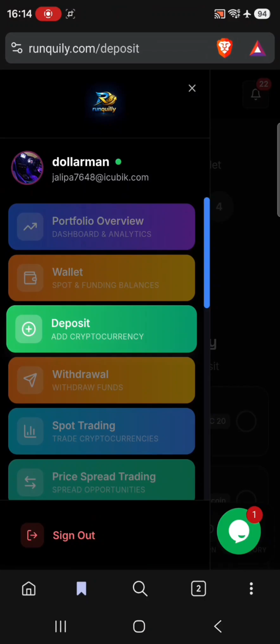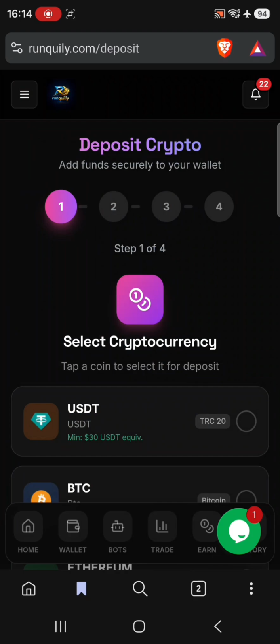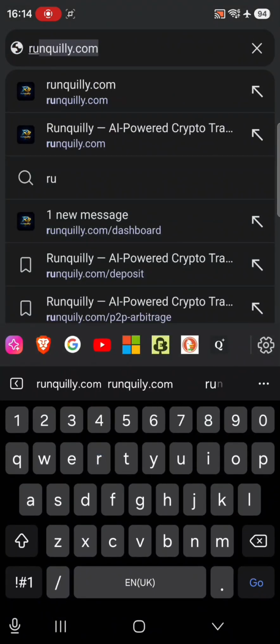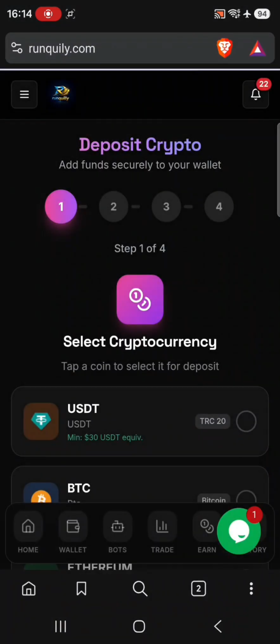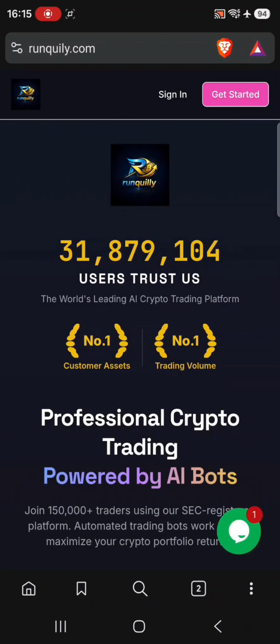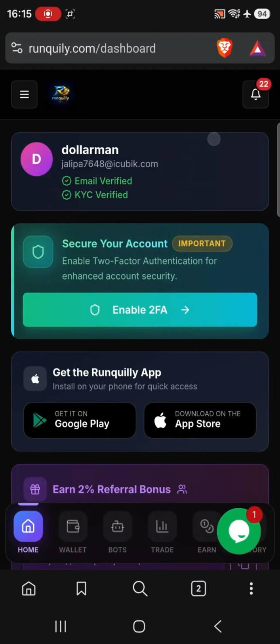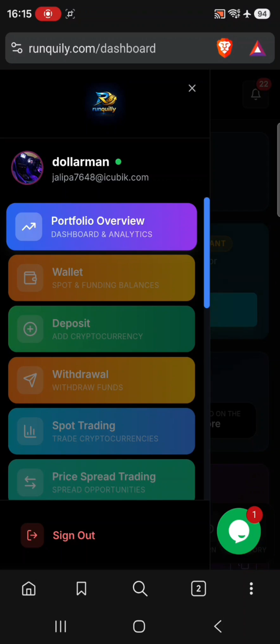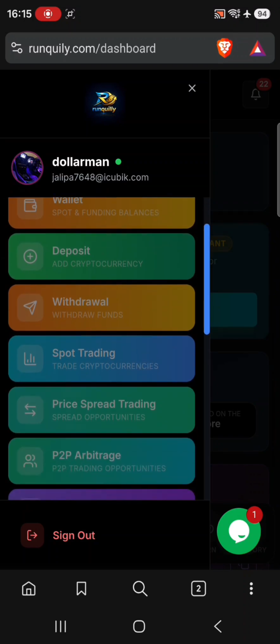arbitrage bots. So you come and deposit in Tranquilly. Just go to your browser and search tranquilly.com. Then make sure you register and verify your email and KYC. Verifying your email and KYC doesn't automatically unlock the bots, but you can see everything. Your account will be verified, but to unlock the arbitrage bots and any other bots, you have to deposit